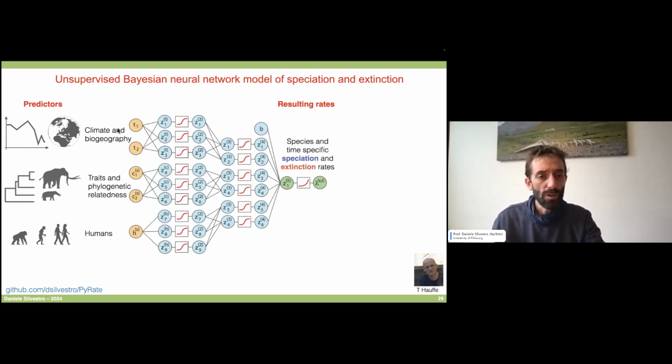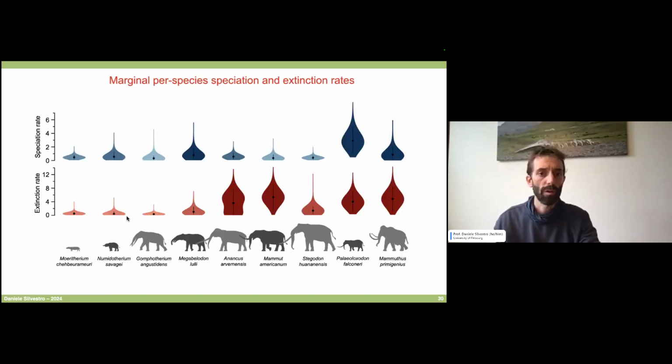And so here we use a number of predictors for these elephant data sets, and we had climate variables, biogeography, we had time itself, we had phylogenetic relatedness as one of the predictors, and we introduced human overlap, spatiotemporal overlap with humans, as one of the predictors. So we fitted this model on our proboscidean data set, and what we are able to get from this model is